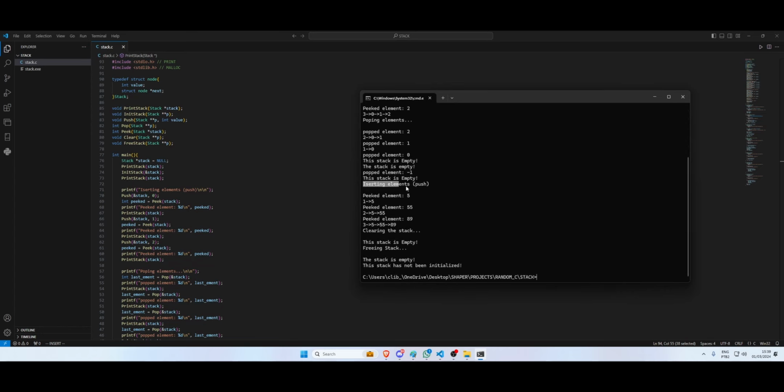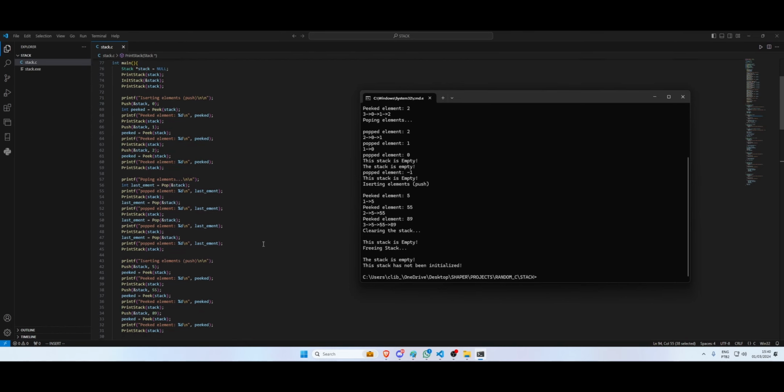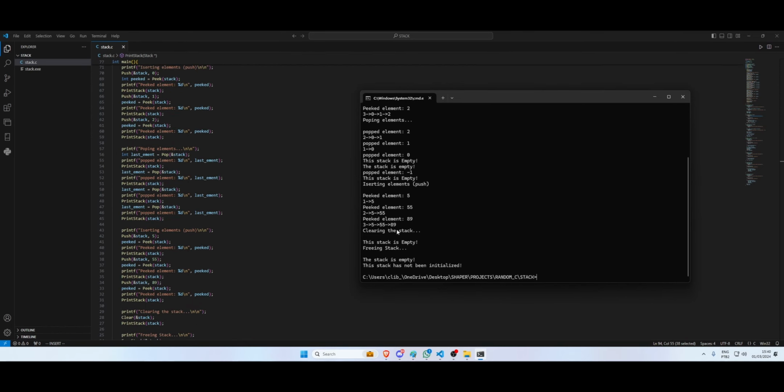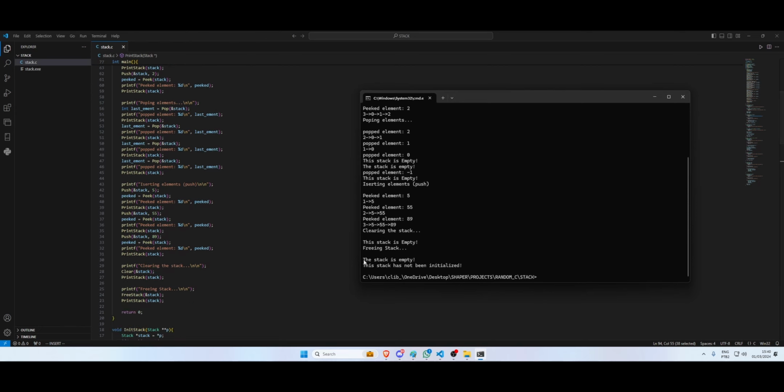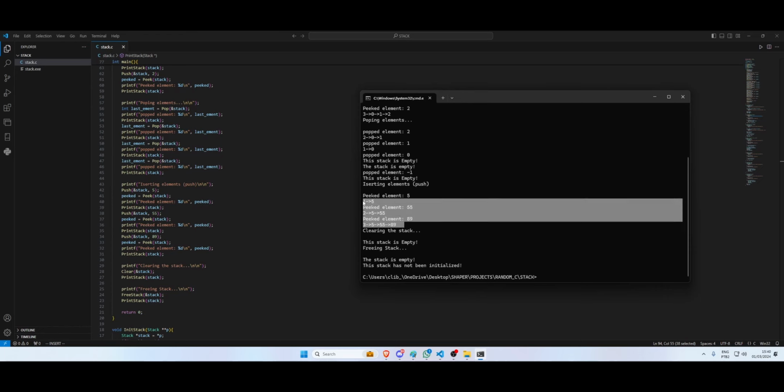So we start reinserting elements into the stack. So we insert number 5. So that's why we have one element, number 5. And then we insert 55. That's why we have 2, 5, and 55. And we insert 89. Now we have 3 elements, 5, 55, and 89. And then we clear the stack, meaning that we're going to delete every single element within the stack. And then we print it after we clear the stack. It says that the stack is empty. So that's why it's saying here the stack is empty, because we've deleted every element within